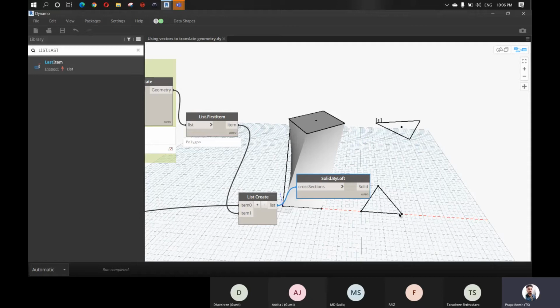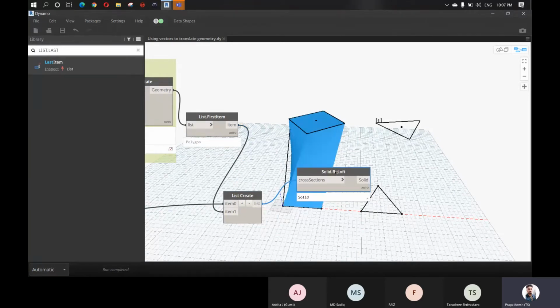So which brings us to another option. If we want to create two solids with one node, we can structure a data list of two lists containing the two cross-section curves that we need to produce. So let's think about the best way to construct these two lists: one containing the bottom and the top square, and the other containing the bottom and the top triangle. Here we have the list of the bottom square and the top square. Next, we are going to create a list of the bottom triangle and the top triangle.